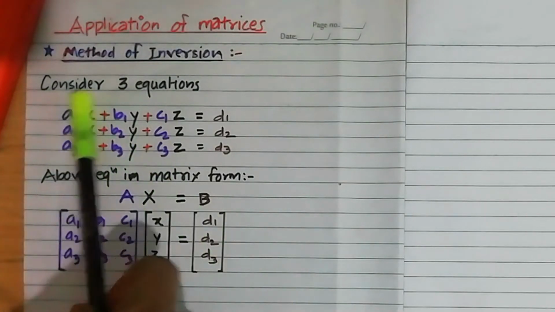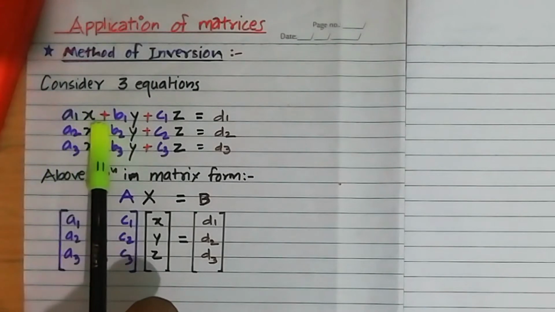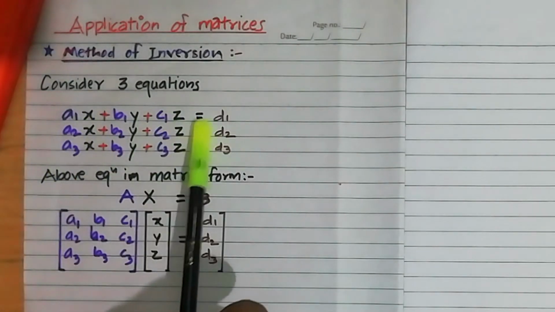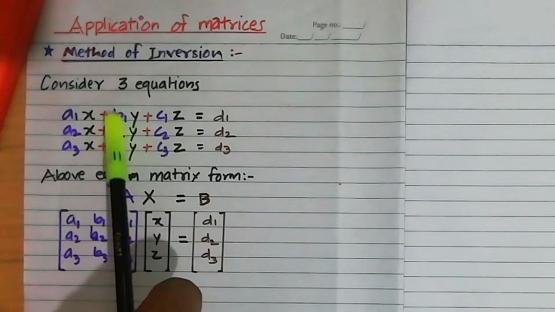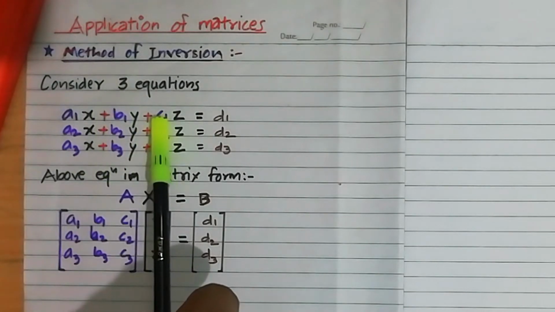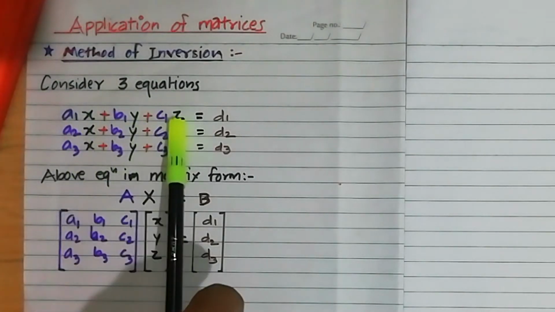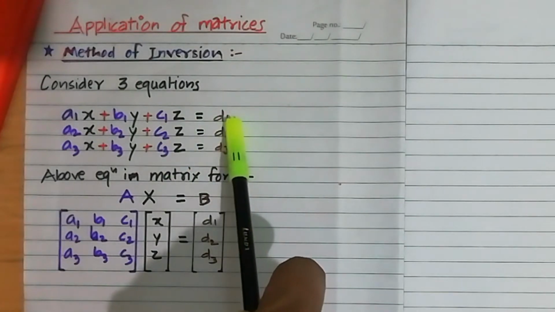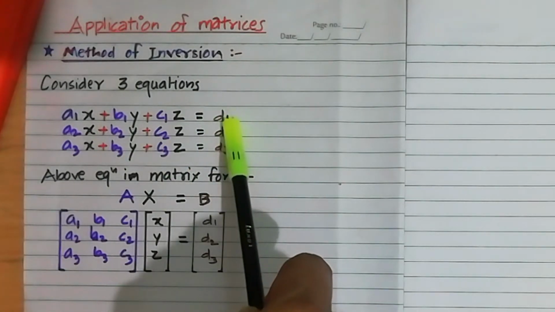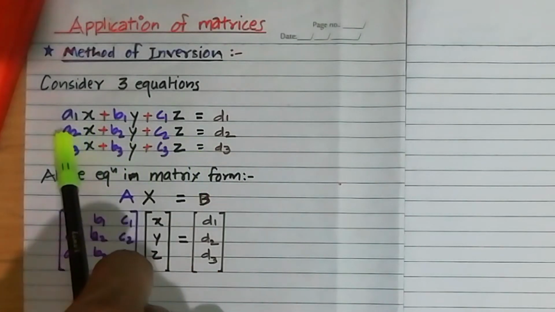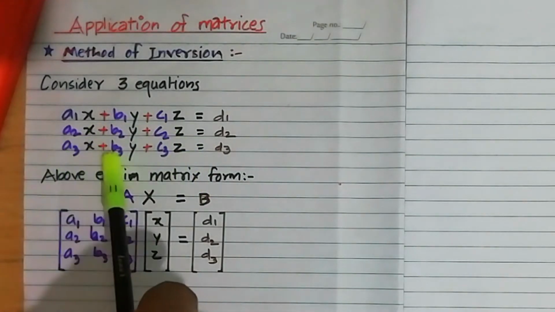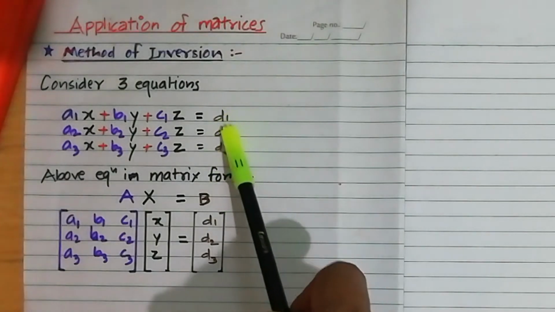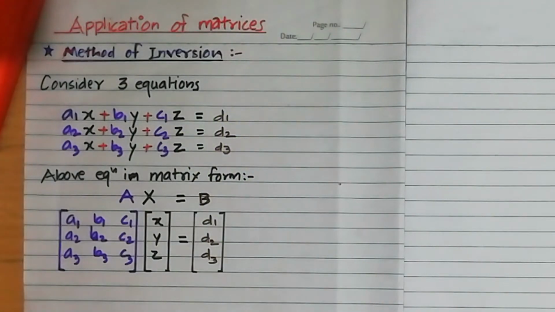Initially, consider three equations like a1x plus b1y plus c1z is equal to d1, where a1, b1, c1 are coefficients of variables x, y and z. d1 is the constant term in that equation. Similarly, there are two more equations with coefficients a2, b2, c2 and a3, b3, c3 and constant terms d2 and d3. Now we can convert this whole system of equations into matrix form as shown below,